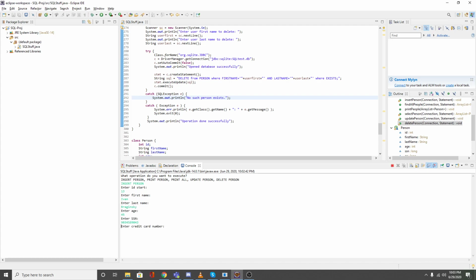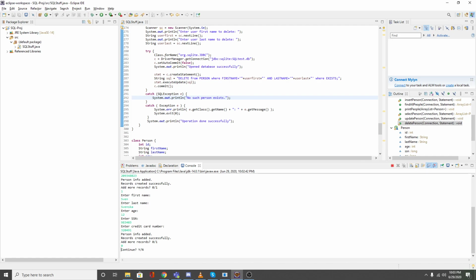Let's say key smash, and add more records. I'm going to add one more, so just plus is the ID, and then let's say Svenska, I don't know. Enter age, let's say he's 12, blah blah blah, and then I'm done